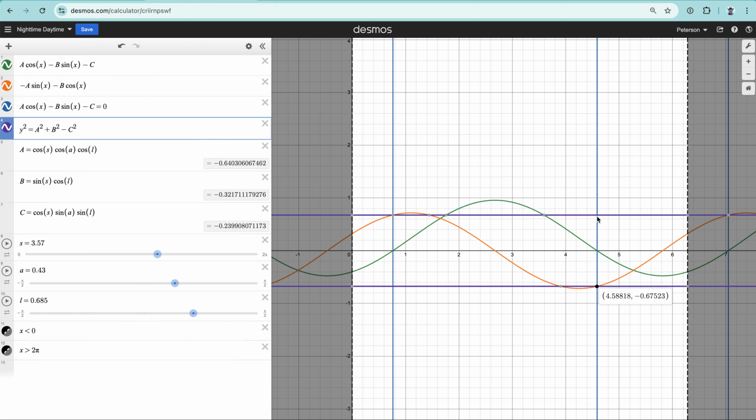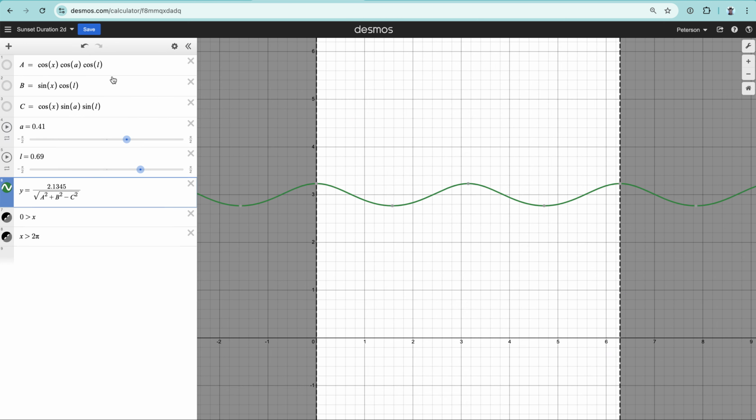That's not going to give us bad information because all we really care about is how fast the green function is changing when the green function is 0. And this equation is going to tell us that. And you'll notice about this equation that there are no x's in it. So over here,